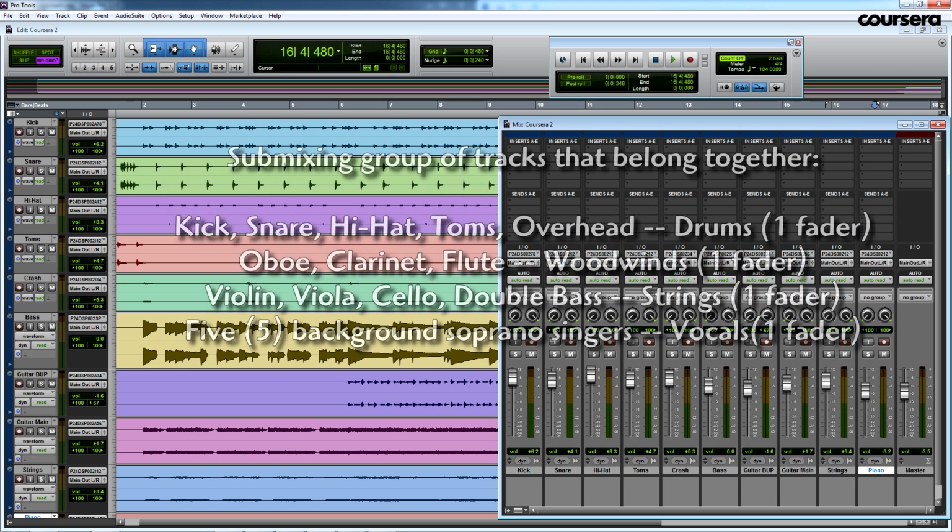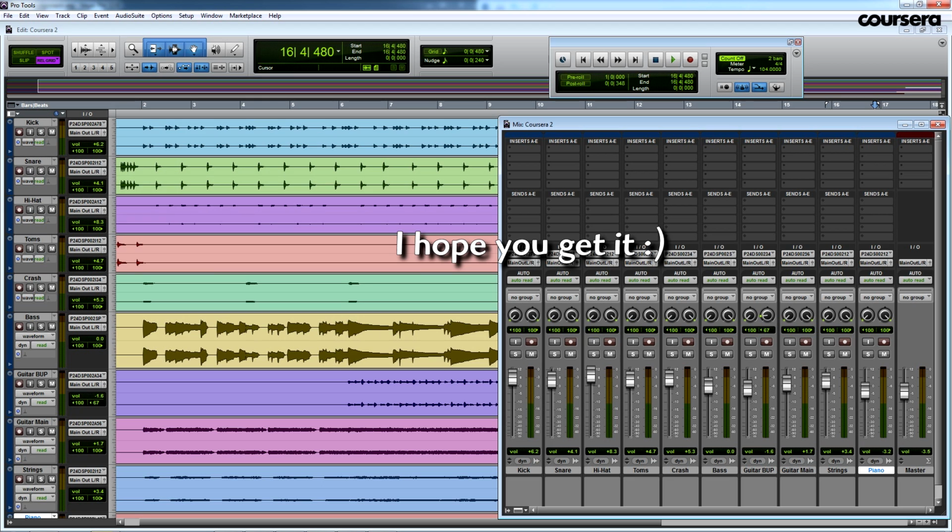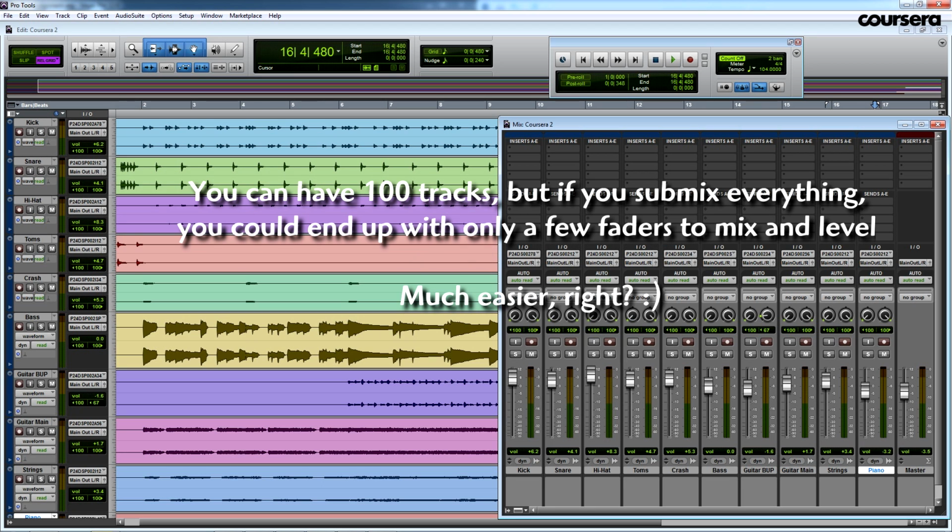let's say drum sections. I will submix them and put them into just one fader that I could process and control the volume as a unit. Or let's say string sections, grouping them to another single fader that you could bring up and down. So maybe you started with 100 tracks, but you end up with just a few faders at the very end. This is a very common procedure, and I will teach you how to set up a submix in your